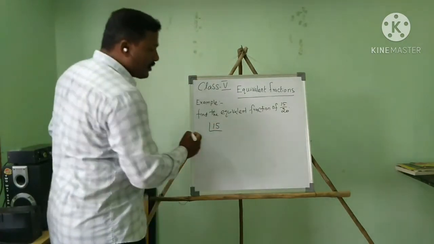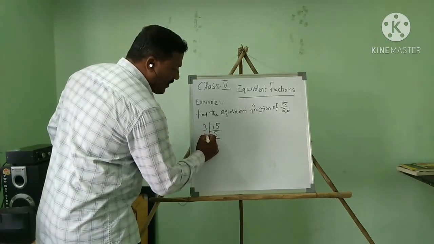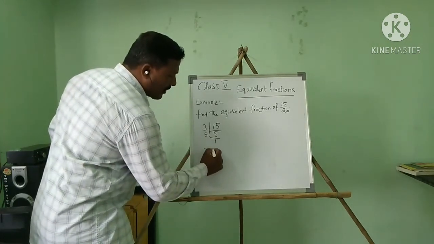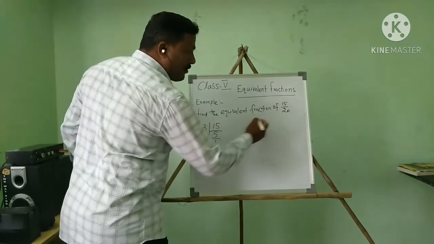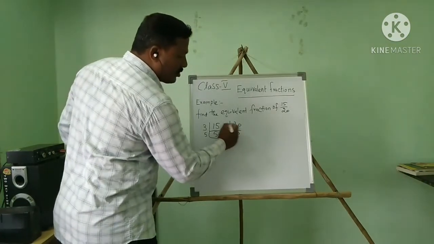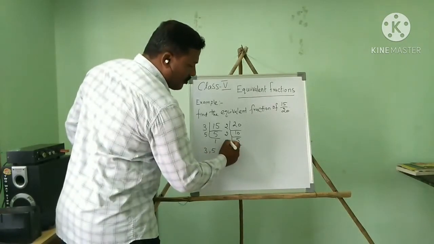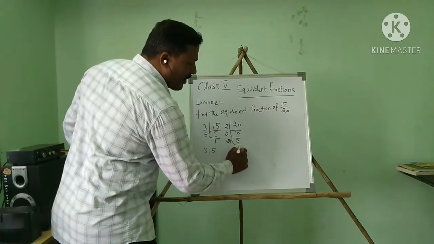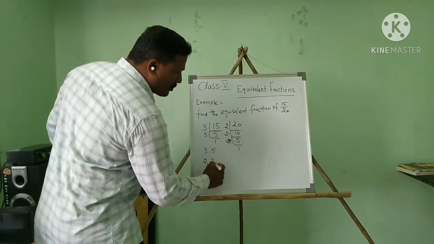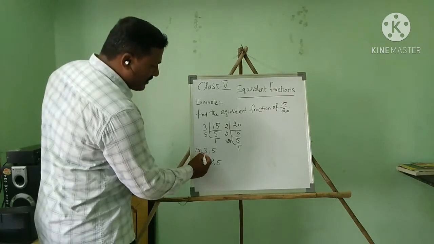Normal division. 3 5s are 15. So if you divide by 5, 1 5 is equal to 5. Now if you collect the factors, 3, 5. Now we are going to find the factors of 20. I will divide by 2. 10 2s are 20. Now again 2. 5 2s are 10. Now I will divide by 5. 5 1 is equal to 5. If you collect and write the factors, 2, 2, 5. So this is the factors of 15, this is the factors of 20.